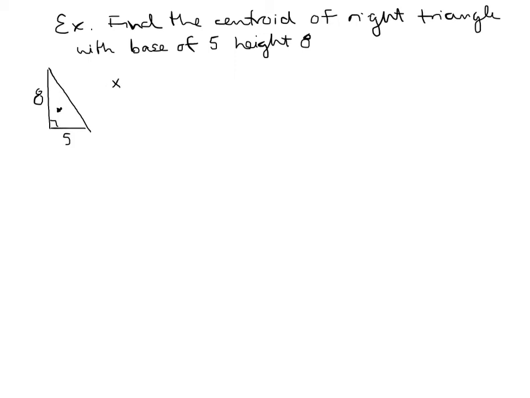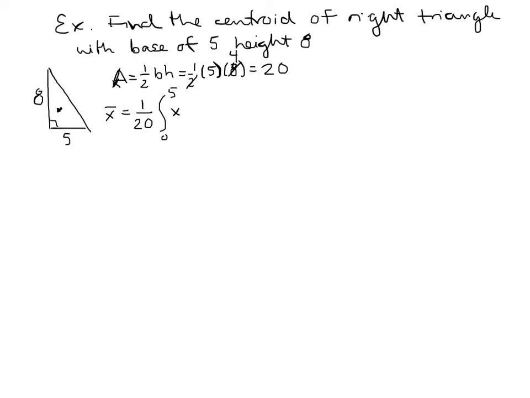So first we need area. Area is 1/2 the base times the height. So 1/2 times 5 times 8, and 2 goes into 8 4 times, 4 times 5, so area looks like it's 20. All right, so the X bar is 1 over the area, so 1 over 20, integral from A to B, and notice that our function was with x's, so we've got to look at our x values here. X starts at 0, ends at 5. So from 0 to 5